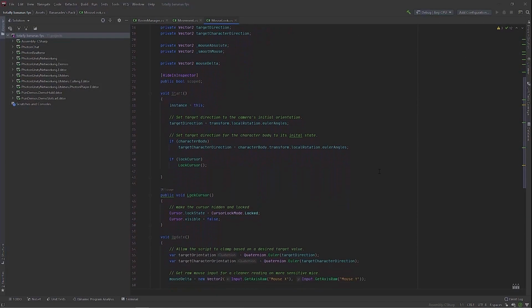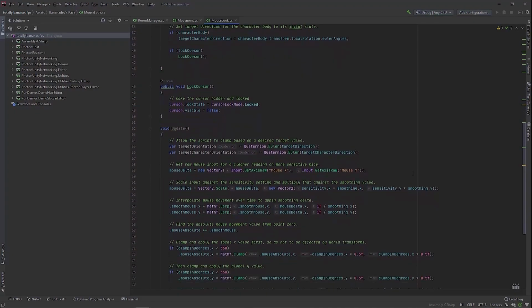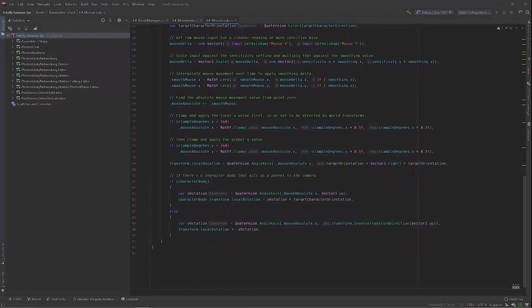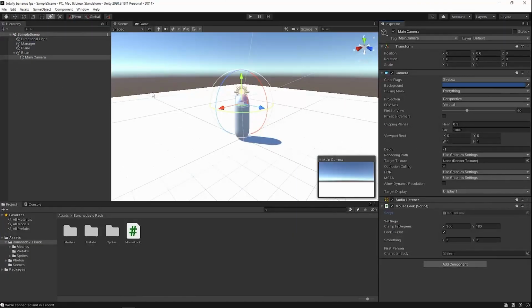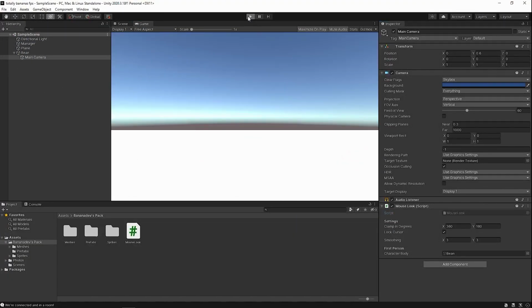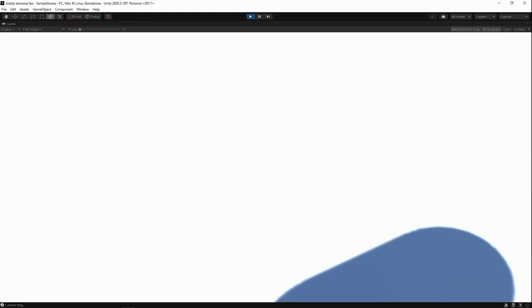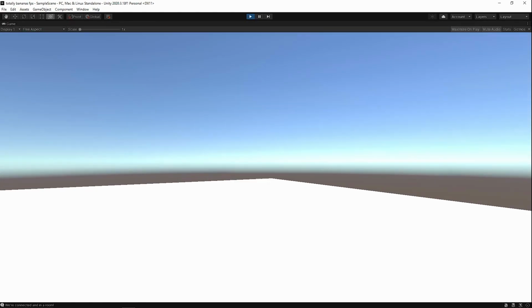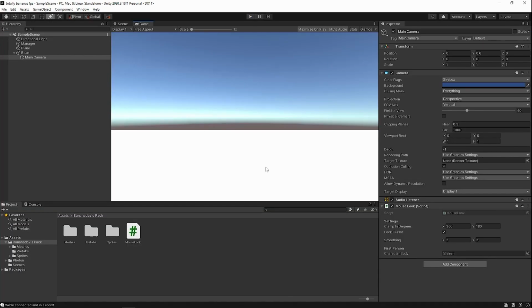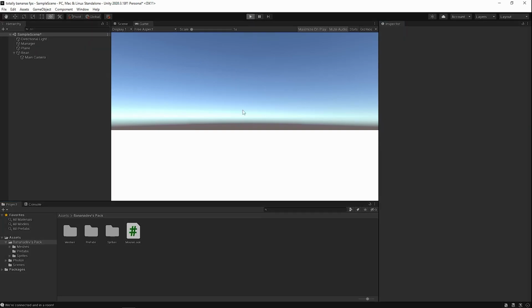Here's the script if you want to copy it down by hand, but it's probably easier to just download the pack from the description. And now if you play, you'll be able to look around and move all over the place, but we haven't made it so the player syncs over our server yet, so let's get to that. By the way, I recommend setting the smoothing on the mouse look to 1, which just makes the game feel a lot nicer.